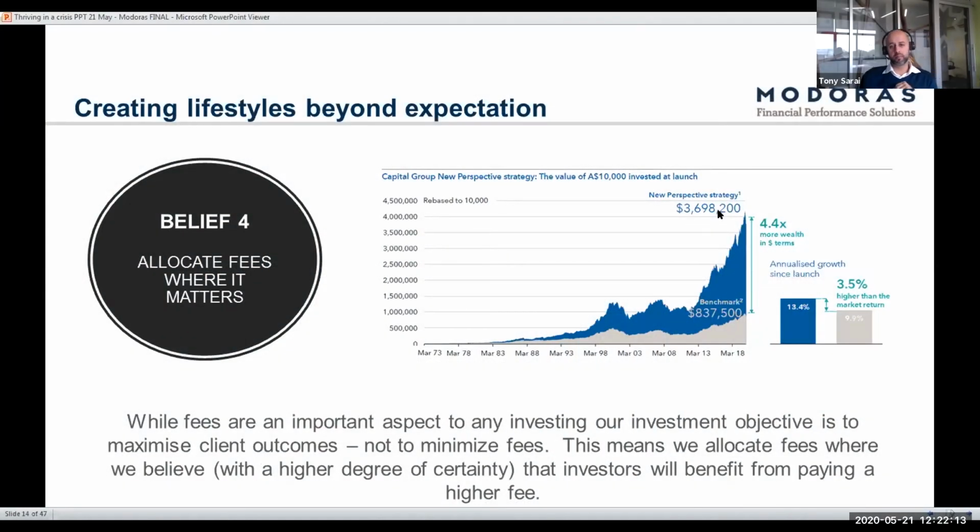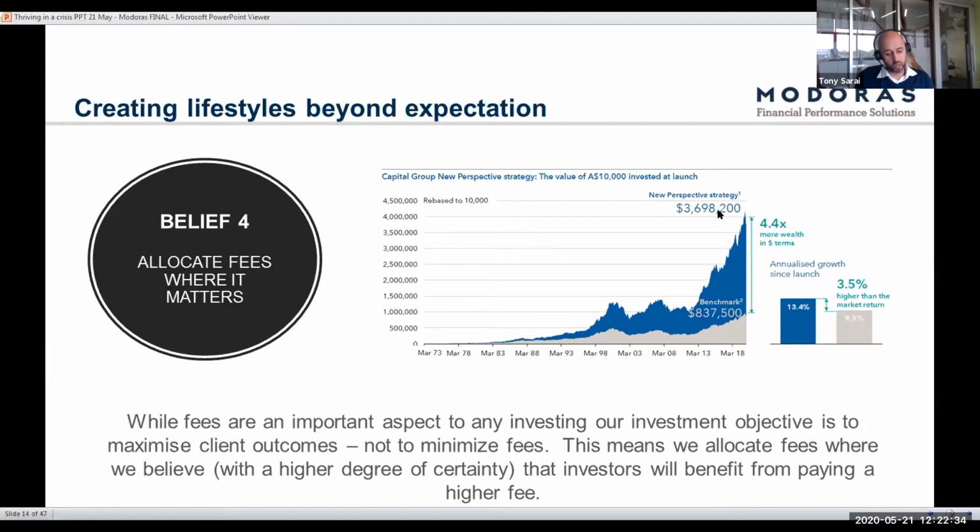Allocate fees where it matters. So whilst fees are an important aspect of any investing, our investment objective is to maximize our clients' outcomes and not to minimize fees. The example that I use here is if we were all worried about fees and costs, we would all be,